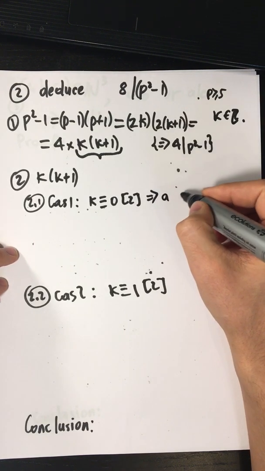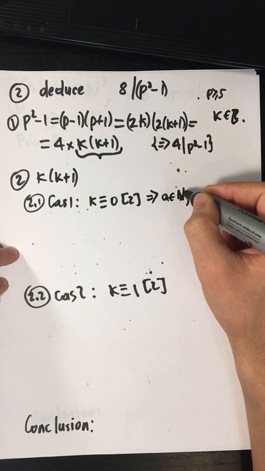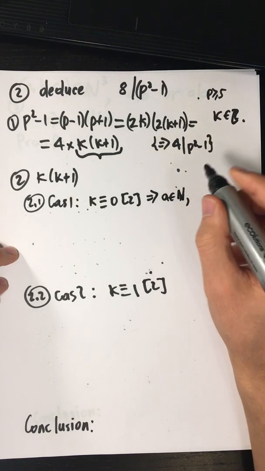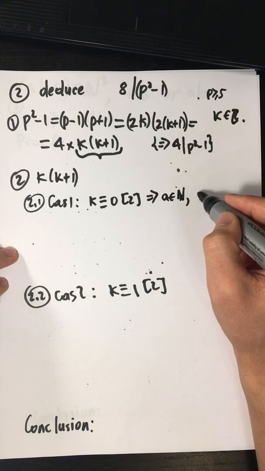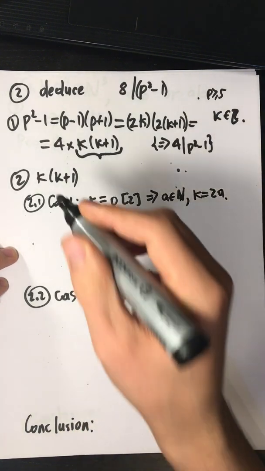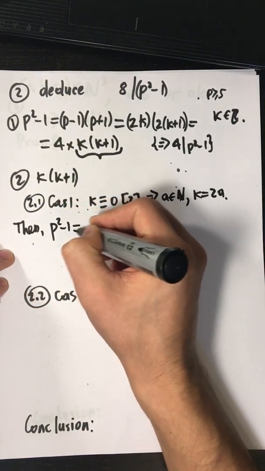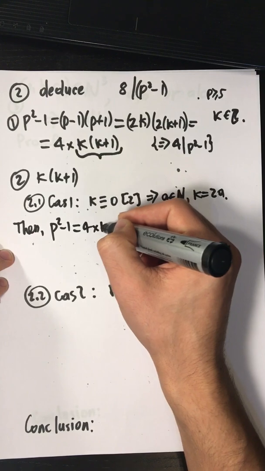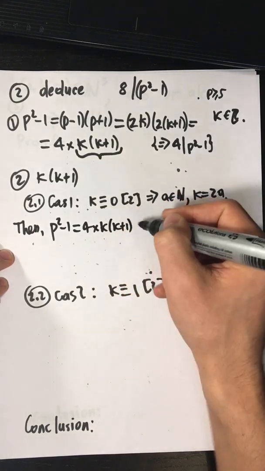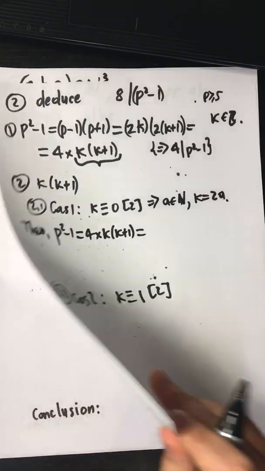And so in this case we know, based on this, for all, we can find a natural number where k is equal to 2a, right? If k is equal to 2a, then p square minus 1 is 4 times k plus 1, which is, what is it? Oh no, wait,